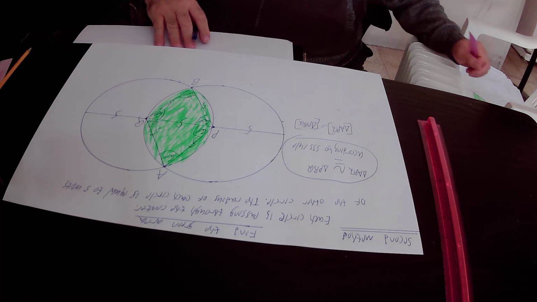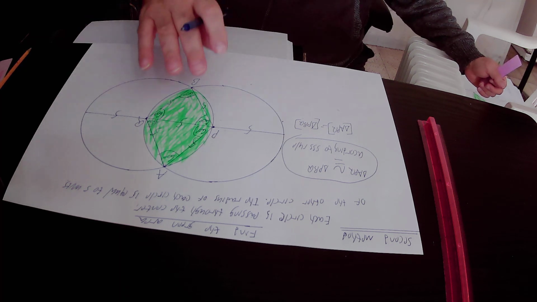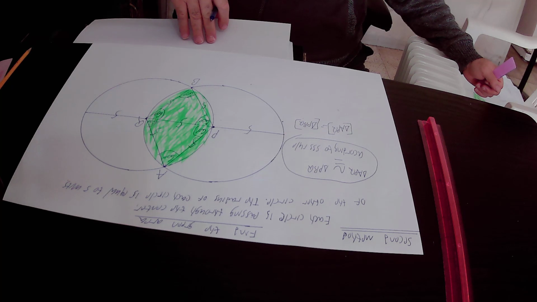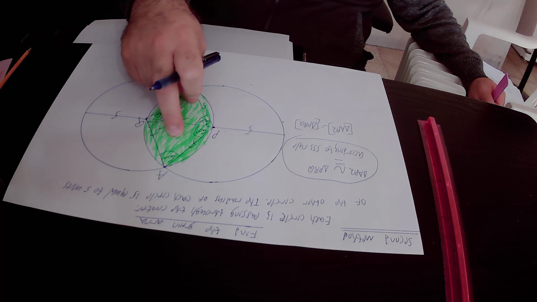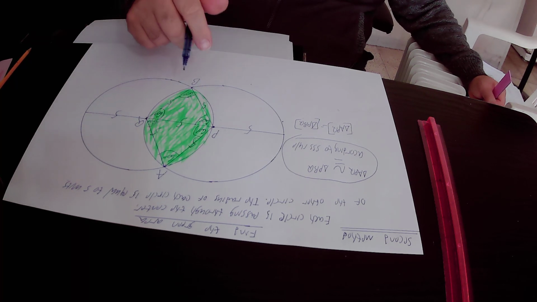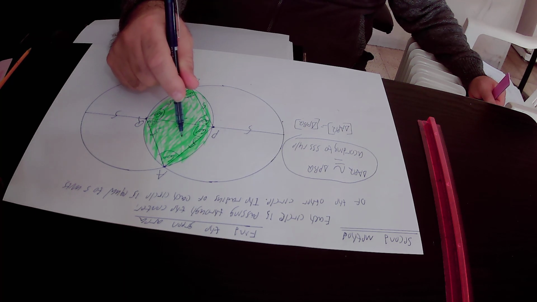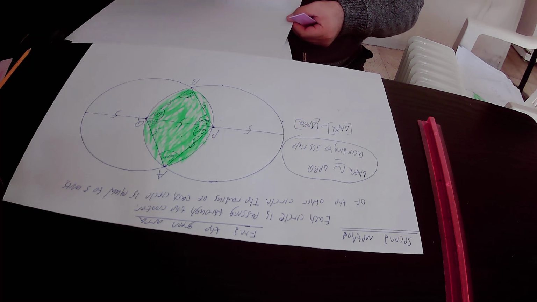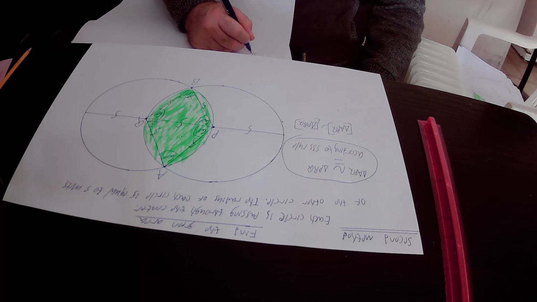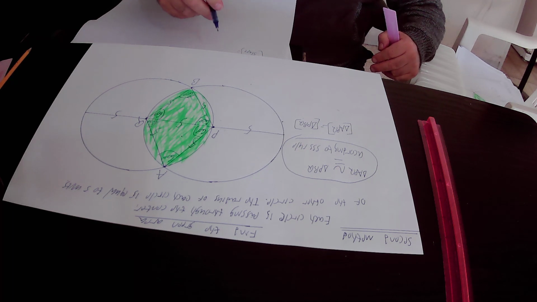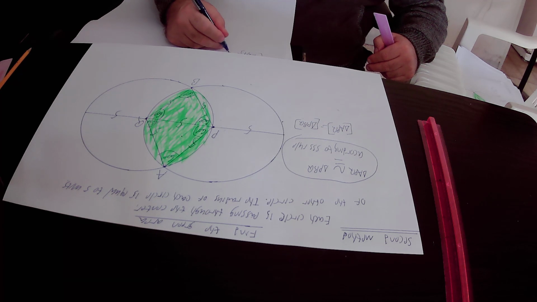Okay, so actually the area of the green shape here will be equal to the area of those two triangles, but because the areas of those two triangles are equal to each other, we'll multiply the area of triangle APQ by 2, and we'll get that the area of the green shape is equal to 2 times the area of triangle APQ,